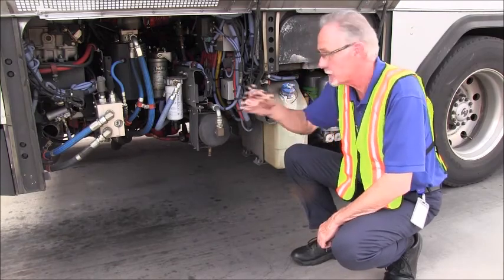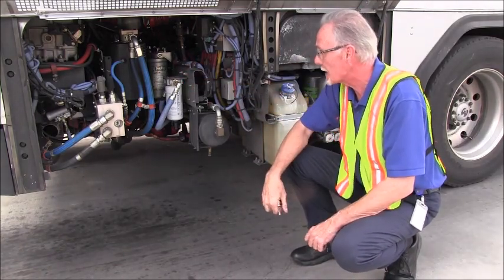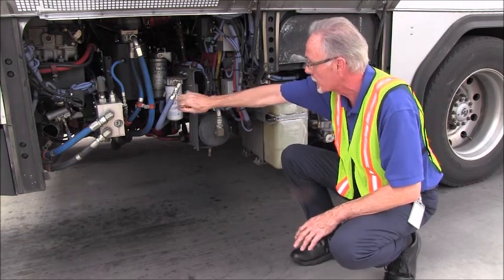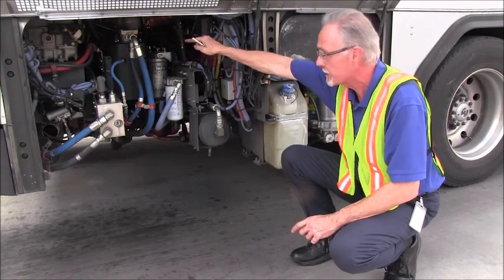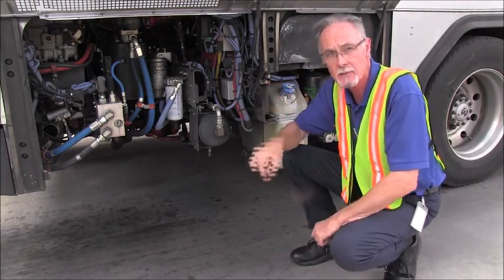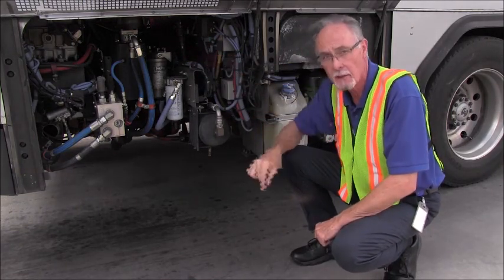I'll begin the inspection with the power steering reservoir. I'm going to inspect that it's not cracked, damaged, or leaking. It's not dented. It's securely mounted, and there are no missing parts. On the top of the reservoir, there's a cap. If I release the cap, there's a dipstick. It allows me to check the fluid level, and I can add fluid to the reservoir and then secure the